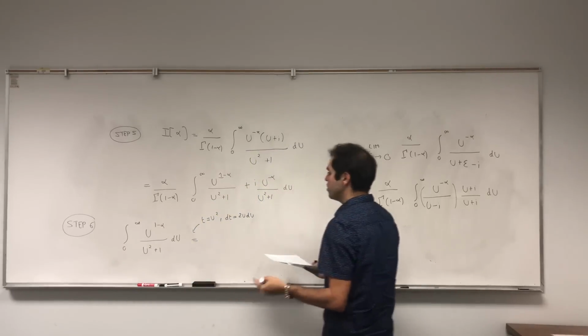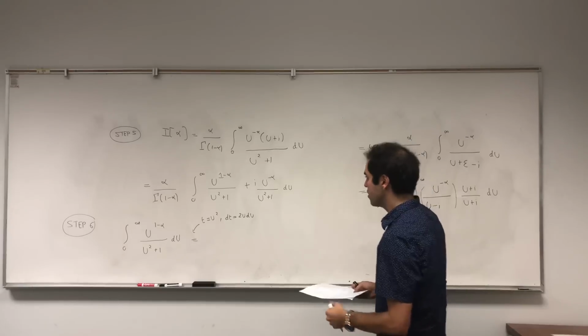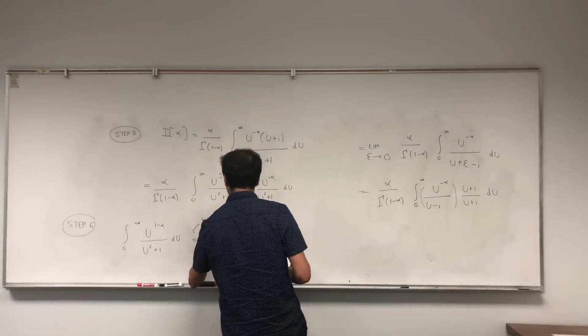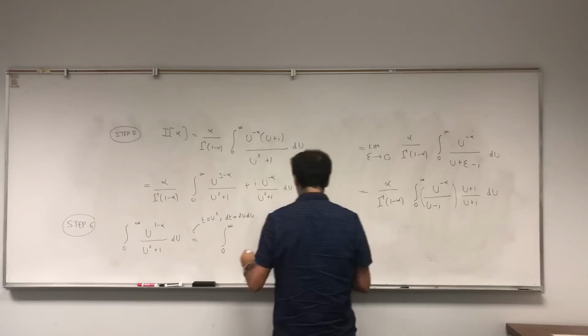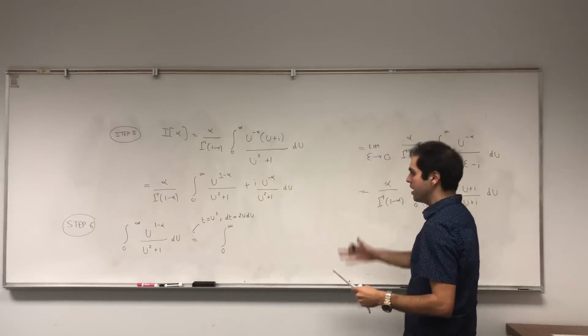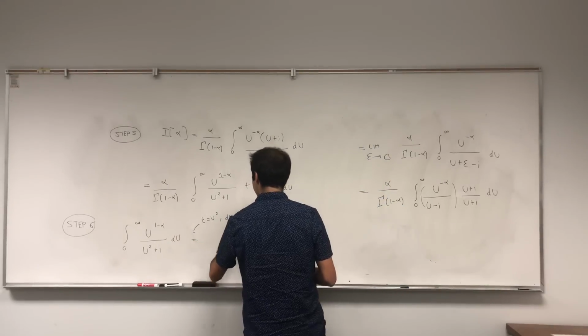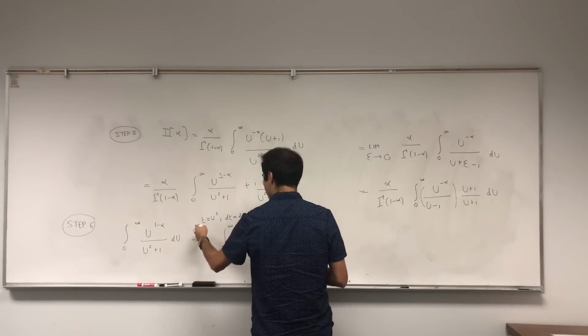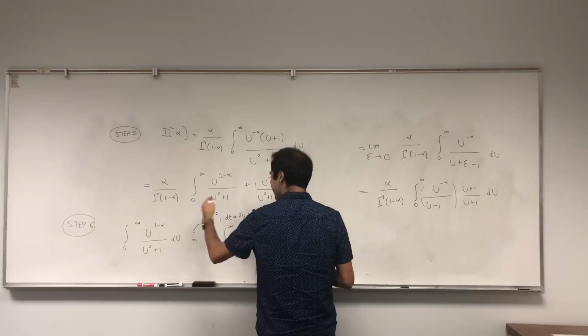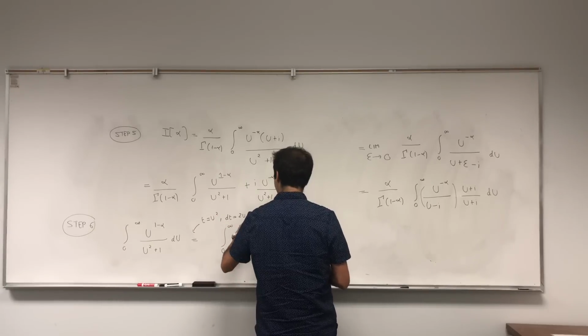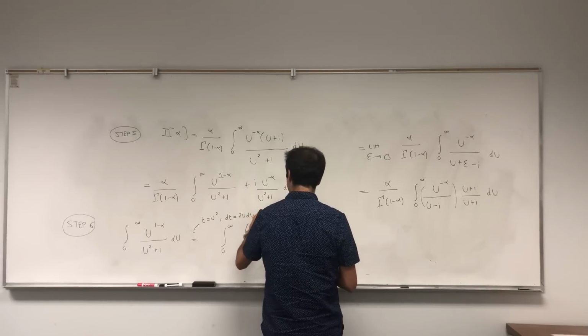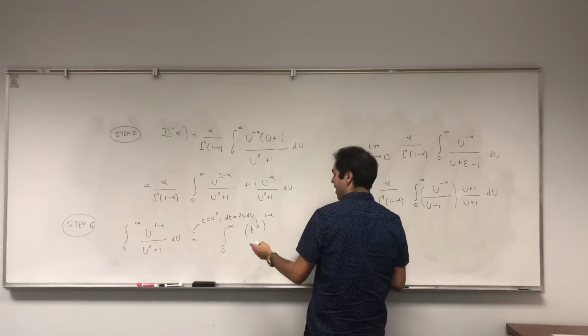In other words, u is the square root of t, and we get the integral from 0 to infinity of t to the 1/2 to the 1 minus alpha,